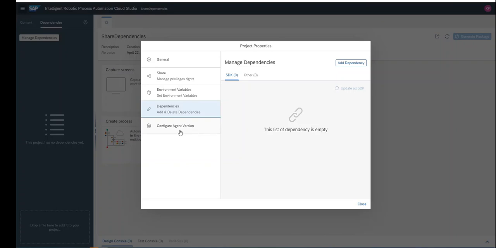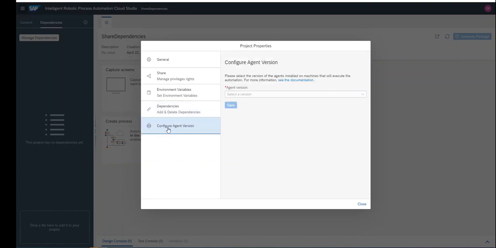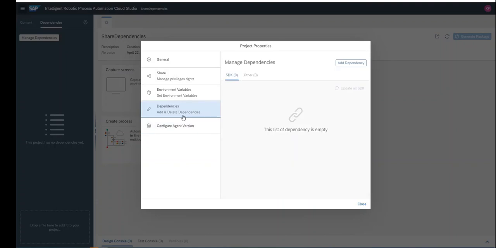When there is an incompatible version, you have to go to configure version and change your project to the corresponding agent version. Now we have created both the projects with the 2.10 version, so we need not configure the agent version. Otherwise, you would get an error where you can't add a dependency. You can configure the agent version.